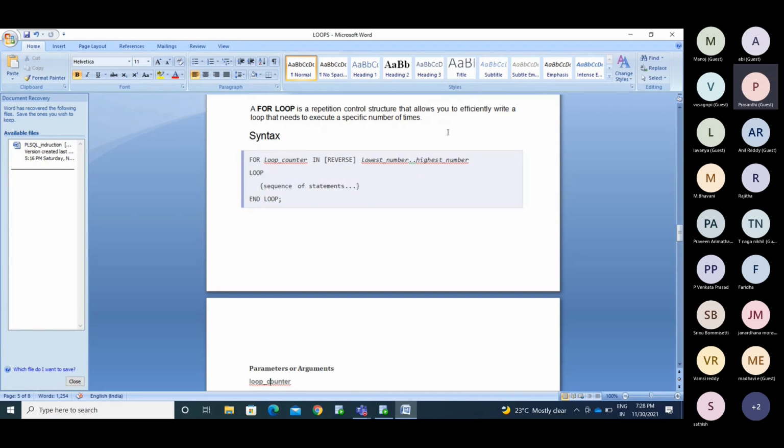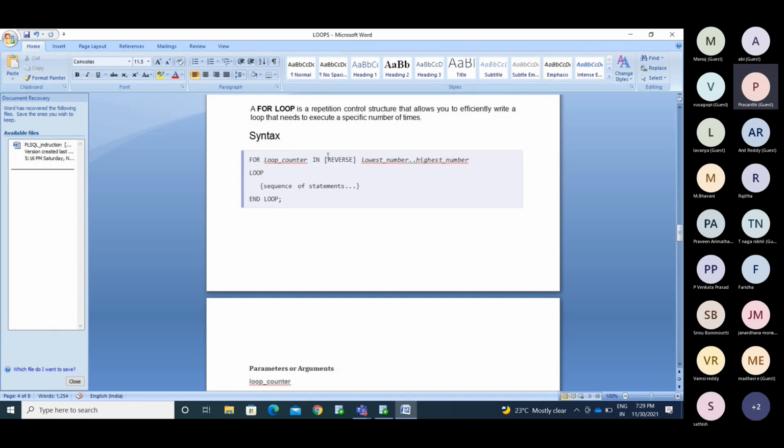How many times I need to execute the loop, you need to mention at the start. So FOR I IN 1..20: the loop will start with 1 and end with the 20th time.